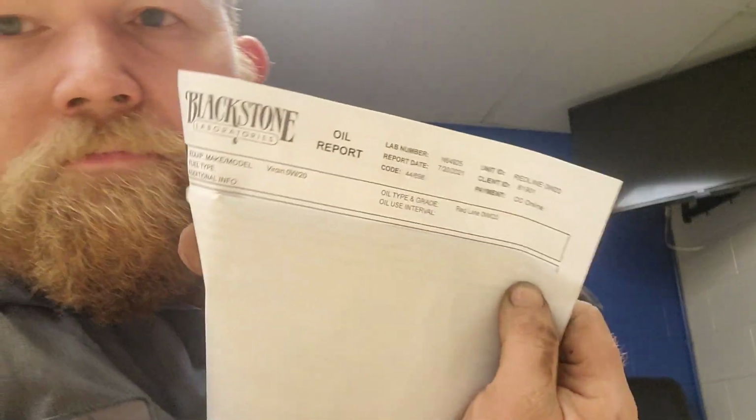Alright, so we've got Redline 0W20. Look over here, Redline 0W20. And this is unused. And there's a note from Blackstone Labs that says don't mind the 2 parts per million of iron, as it's common to have trace amounts of